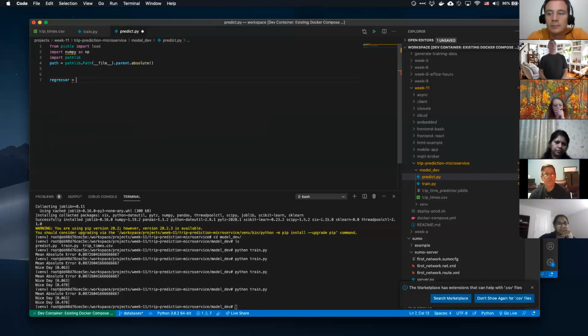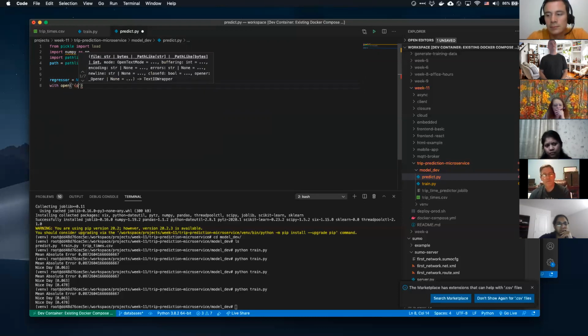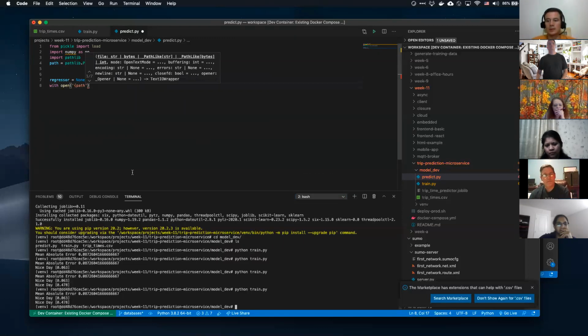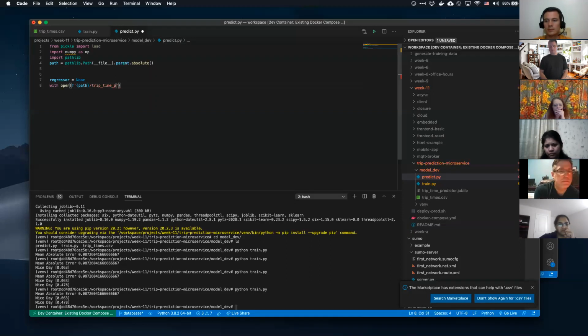I'm going to say regressor is equal to None right now because we don't have it yet. Then I'm going to do the same thing that I did before: with open the path, slash trip time predictor dot joblib.